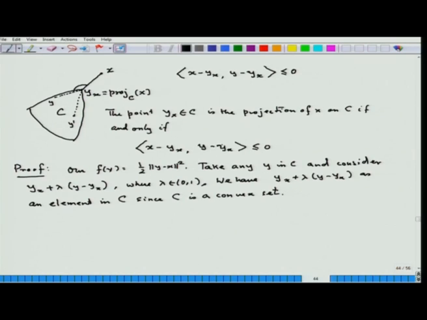Now, what do I know? Suppose I know that y x is the projection. So, we are starting with the fact that y x is a projection. So, if y x is the projection, it would imply that f of y x must be the minimum, y x is a minimizer. The projection points are obviously minimizers of this function. Because this is an element in C, so it will obviously